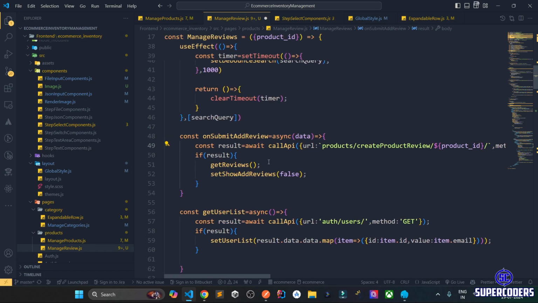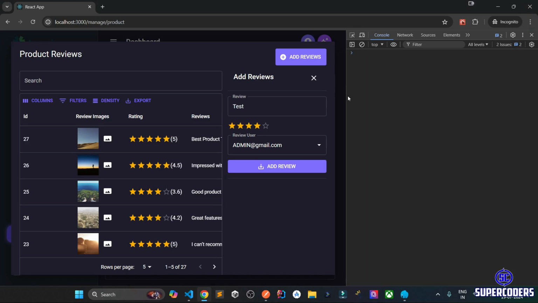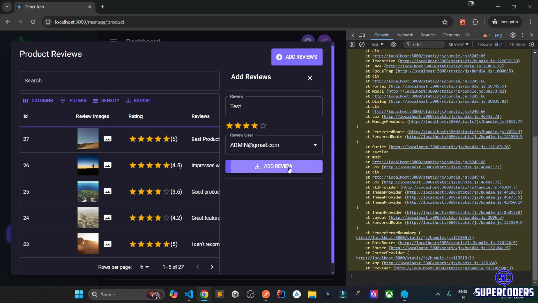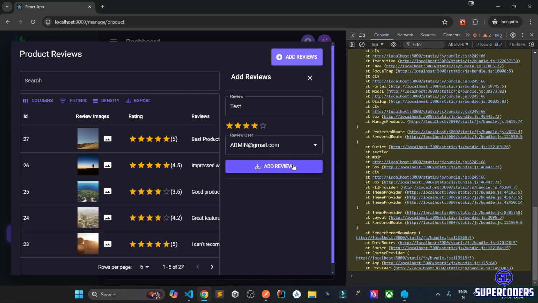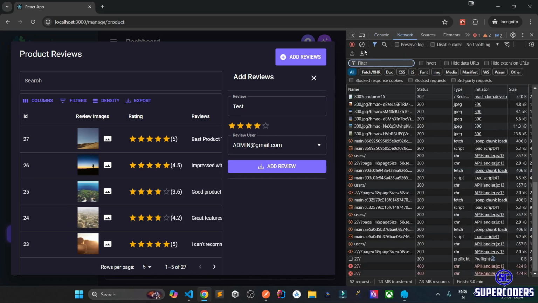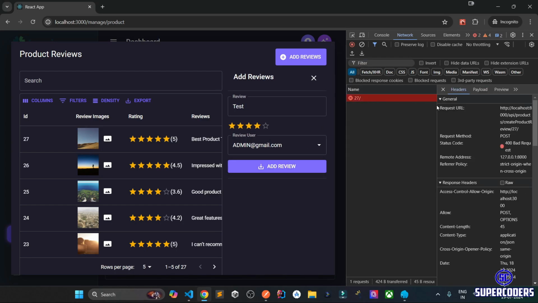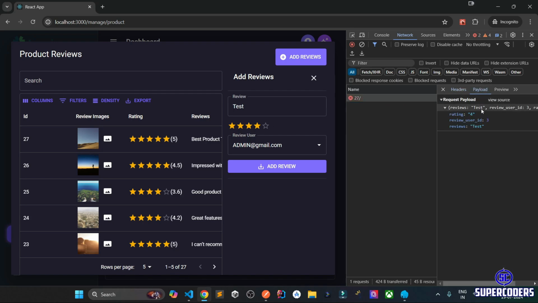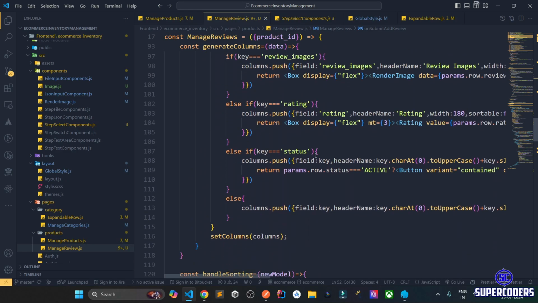Body data result create reviews. So add reviews false. Save it back to Chrome. And if I try it again, add reviews. Try to add reviews. When it will tab, add reviews. It's showing me some error. The review image is not showing. Let's see the issue. Let's render our review images